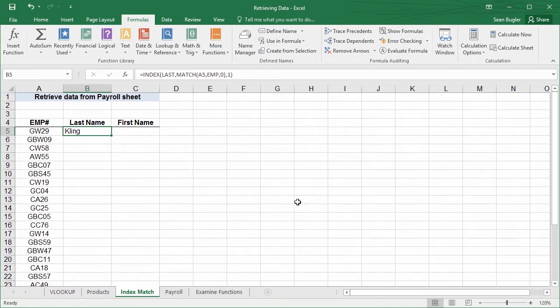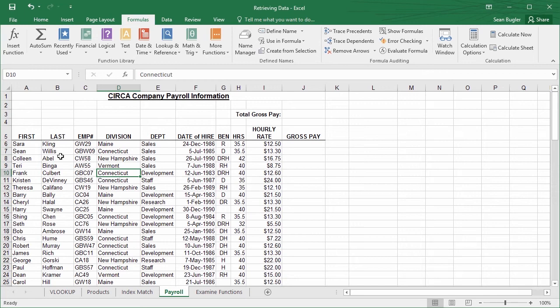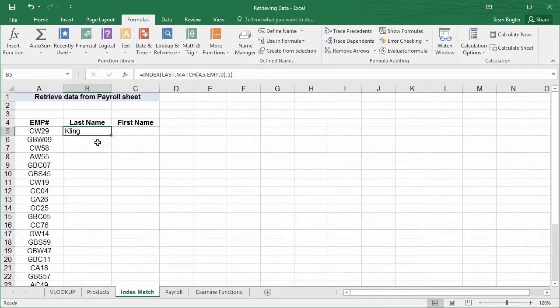Boom. And there it is. According to this output, GW29 is Kling. And if I go to the payroll worksheet, GW29 is in fact Kling. Not bad. Go ahead and take this opportunity to pause the video and try this out for yourself,